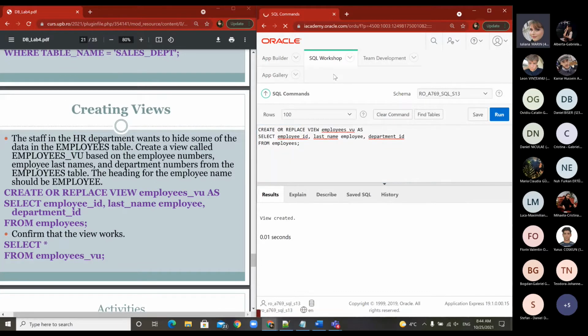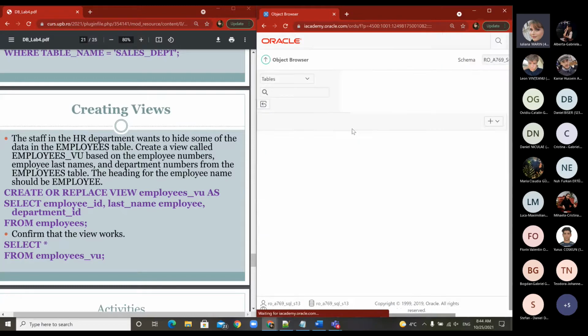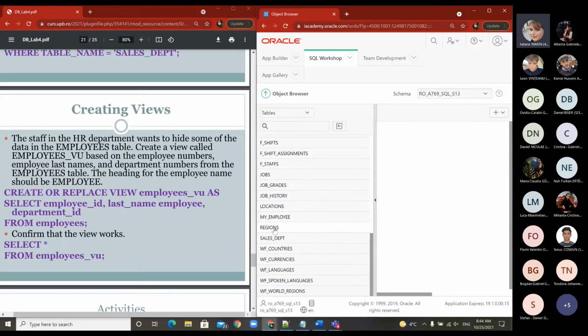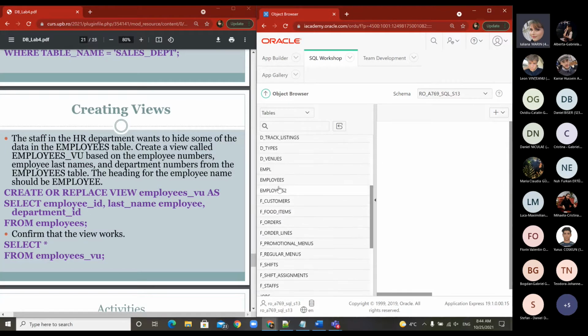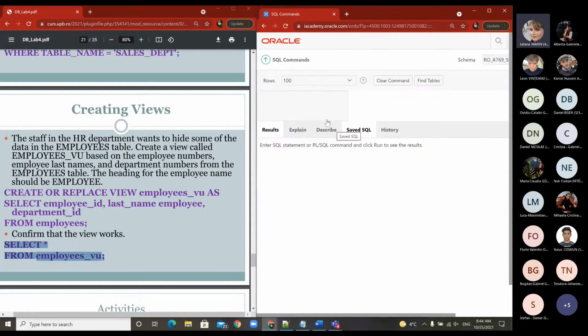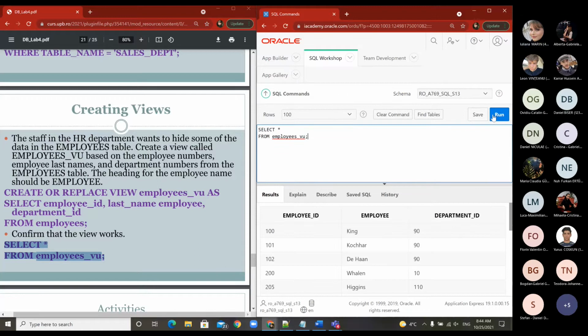So if I go here in SQL Workshop and I want to see my employee view, it exists as a view. It will have the results which you can further use. Okay. So if we have the commands, you see that it exists, and you can have it for further computations. So it is just a result based on the tables which you want to join, or whether you have some aggregate functions,